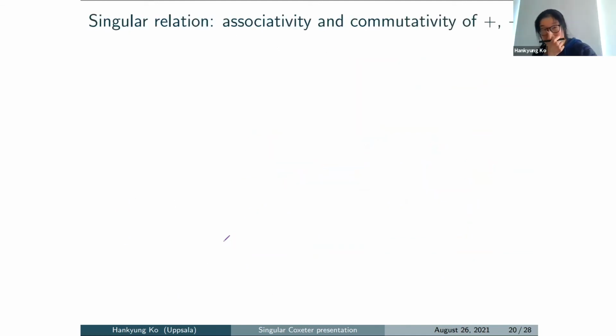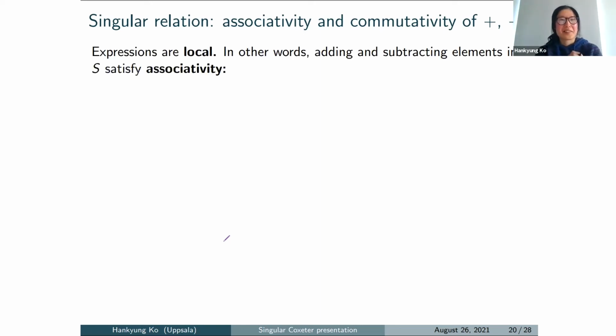Okay, so I gave, I think, many examples, and now I talk about the relations. So here is a quite obvious but important point, which is general about presentations. So if you have a presentation, not necessarily Coxeter presentation, but any presentation of any algebraic structure,